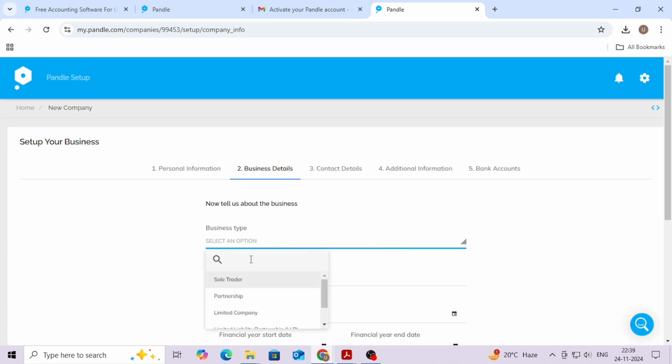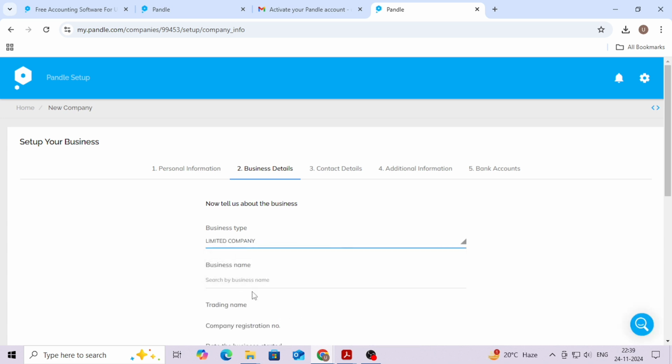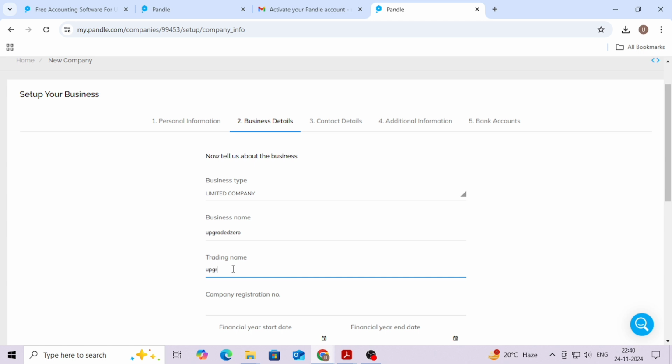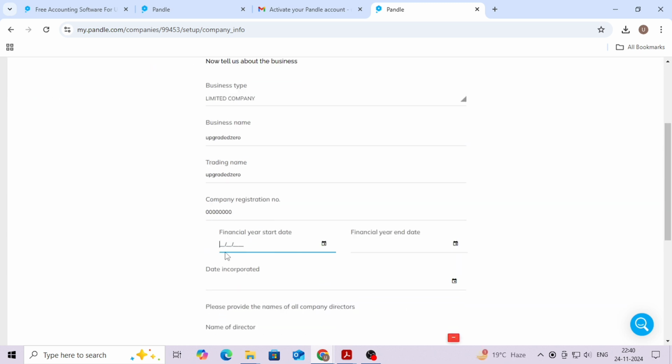Now business type: sole trader, partnership or limited company. Now enter the name of the business, then trading name, then enter the company registration number, then fiscal year start date and financial year end date. Okay, so you have to enter your financial year start and end date. Then you need to enter the date of incorporation,